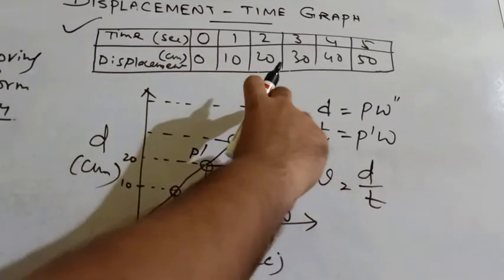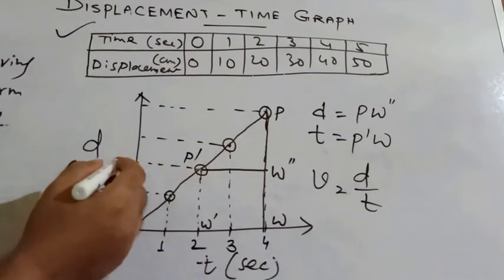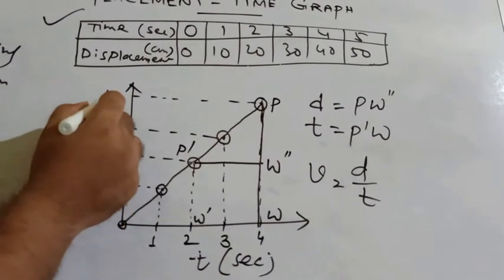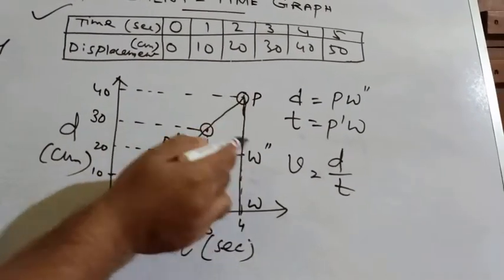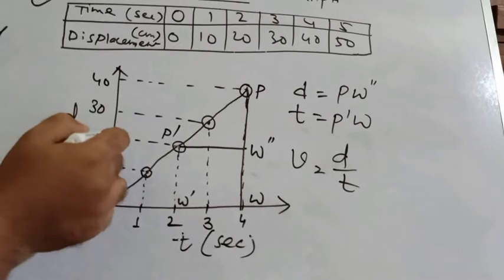Okay. So what is the value of P W dash? So it is 20. This will be 30. This will be 40. I told. So the difference, P W double dash, is equal to 40 minus 20. That is 20